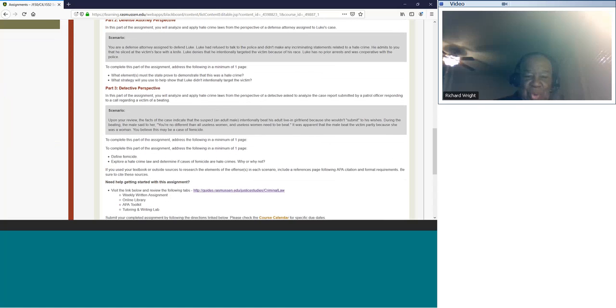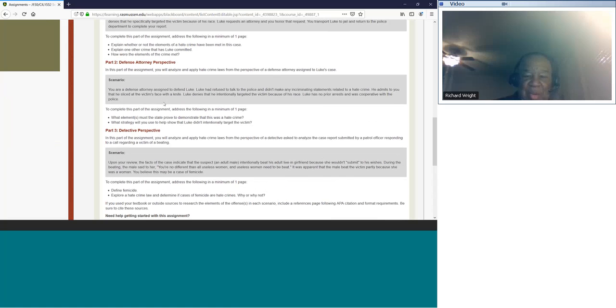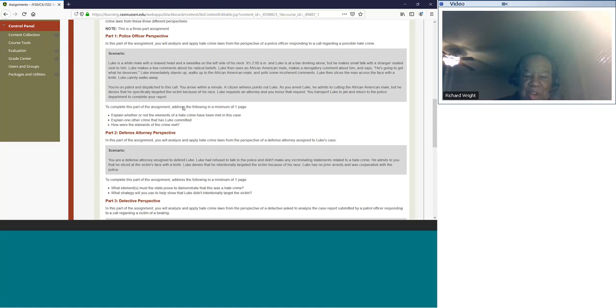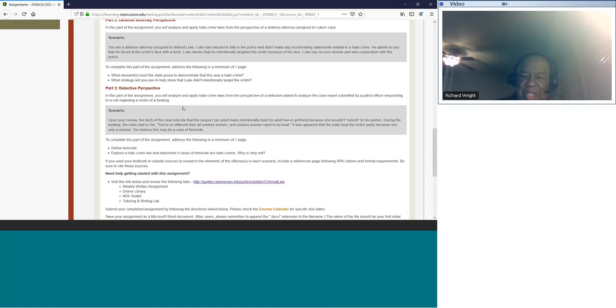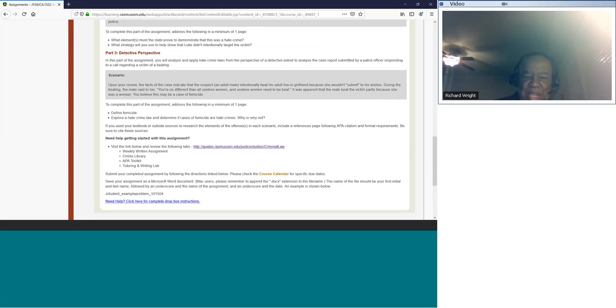And then you get to the third part. Again, each part should be a minimum of 1 page. See 1 page here, 1 page here, and separate the pages. Don't just run them all together, okay? And then the third page. Now, you can go beyond that. I don't care. If you want to write more about scene 1 and then cover 2 pages of scene 1, that's okay. But part 2 better also have at least 1 page. I don't care how long your paper is. You just satisfy the minimums.